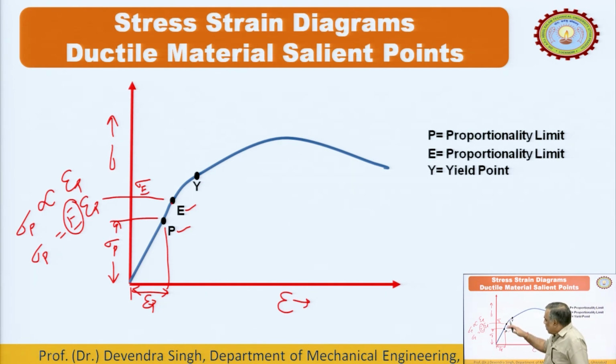From E to Y it is having a permanent deformation, but still plastic flow of the material will not happen. And then we will come to the yielding. At yield point, the flow of material will start, and in some materials there is an upper yield point, and as soon as we reach the upper yield point, there is a steep drop in the stress level, which is only due to the flowability of the material.